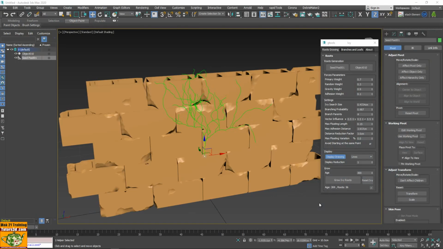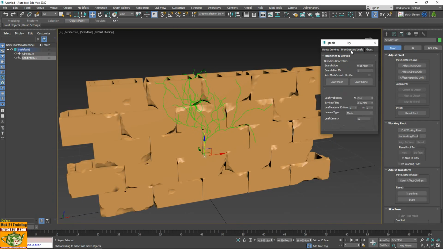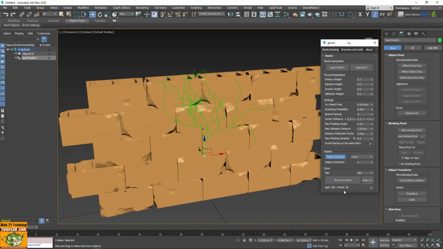Once I have generated my vine, I can move on to the branch without closing the interface, because otherwise I lose it. If I reset, I'm going to lose my structure, so we don't reset and we don't close the interface, otherwise we delete our seed pos, our seed from which the growth began, and we move inside